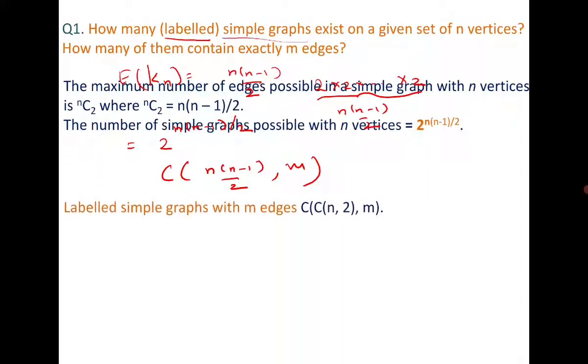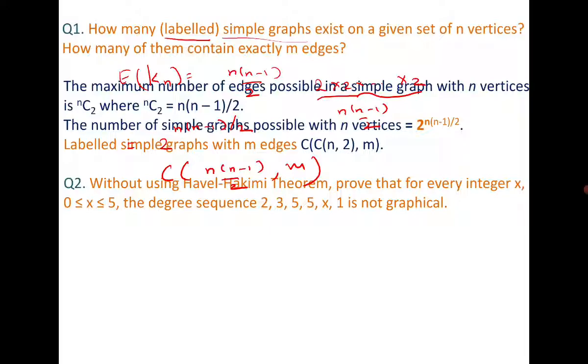The next question is: without using the Havel-Hakimi theorem, prove that for every integer x, where x can have any value from 0 to 5, the following degree sequence is not graphical, which means whatever value you choose for x, there does not exist a simple graph for the given degree sequence. If we have to use the Havel-Hakimi theorem, every time we give a value of x, apply it, and we will see that in the end we are getting a negative integer, and that's why the simple graph does not